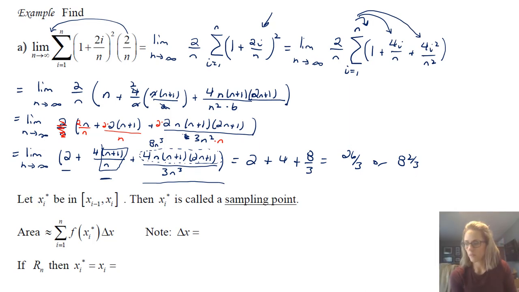So the last little bit of this is looking at something similar, but kind of putting it all together. We have the idea of what's called a sampling point. This is just an x value along the x-axis that we're choosing to use for some sort of sum in terms of these rectangles. So we've already talked about how the area is some summation of a bunch of rectangles.